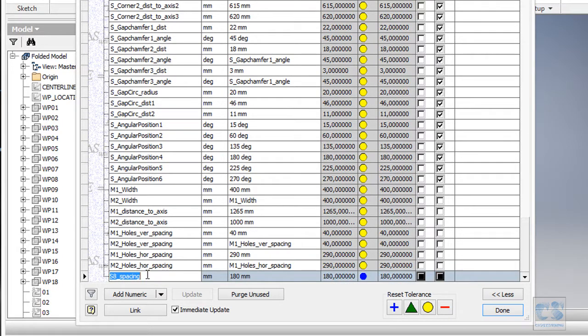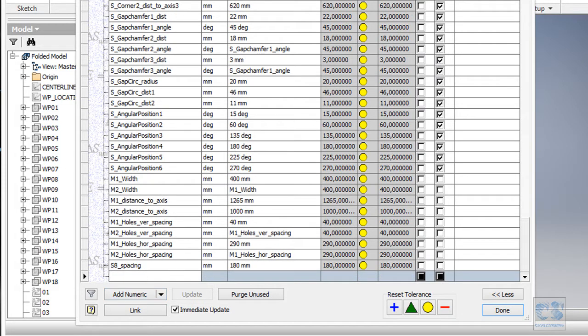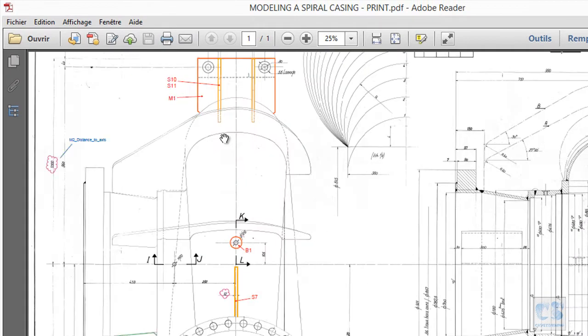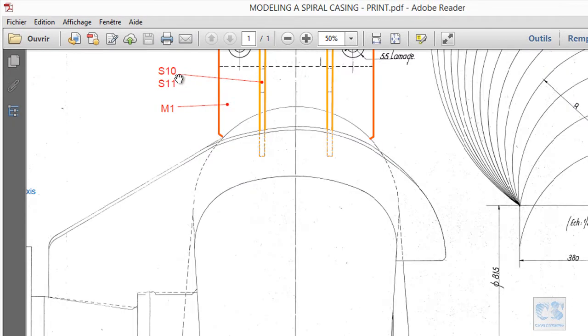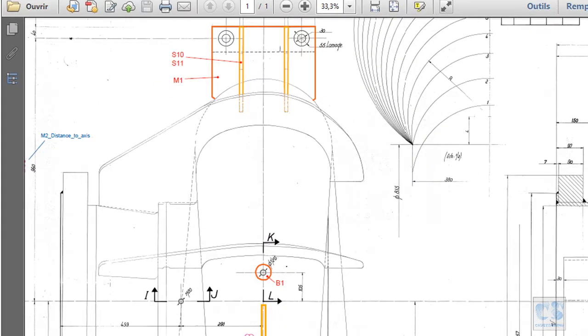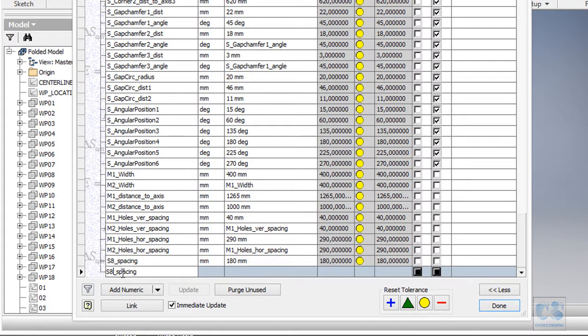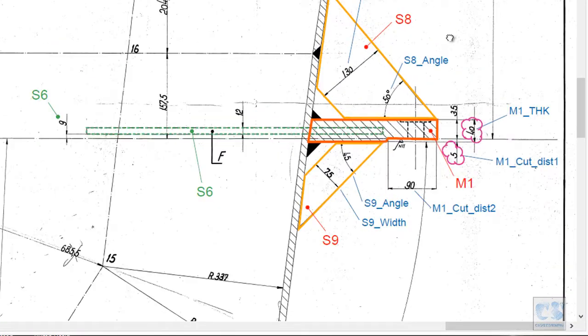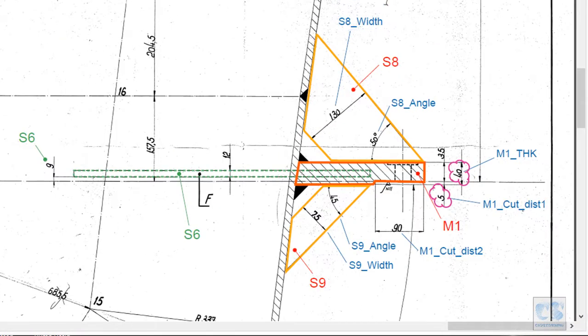Then we will have the same value for this one, so between S10 and S11. So I am going to say S10 spacing, which is equal to S8 spacing. And let's move to this side. We will follow with this one.